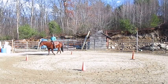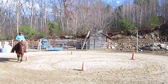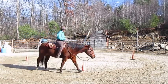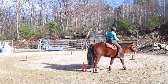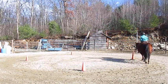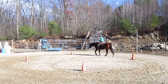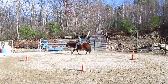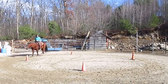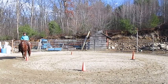So I'm just showing that I have no hands now, and I'm really focusing on where I am looking. When I want to turn, I will open my inside leg, if I'm going to turn left, and put pressure on the outside leg if he doesn't respond. But sometimes he'll respond without me even touching him with my legs and just looking where I'm going. But if he needs a little incentive, then I will